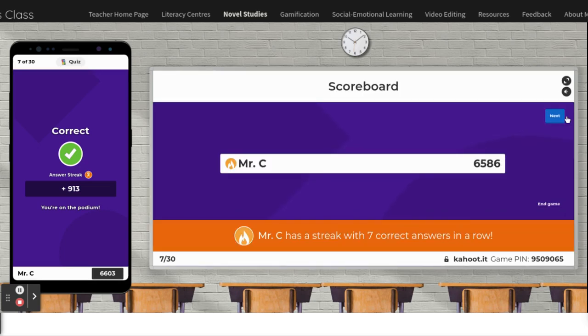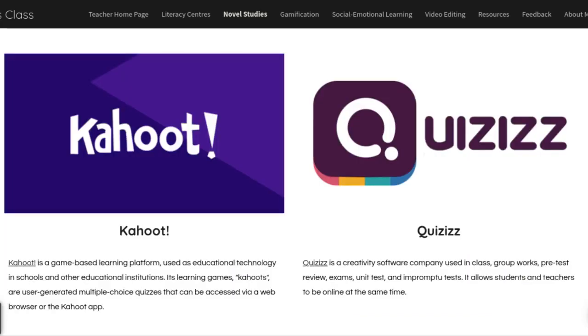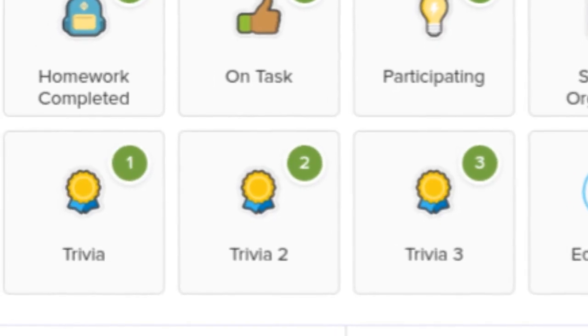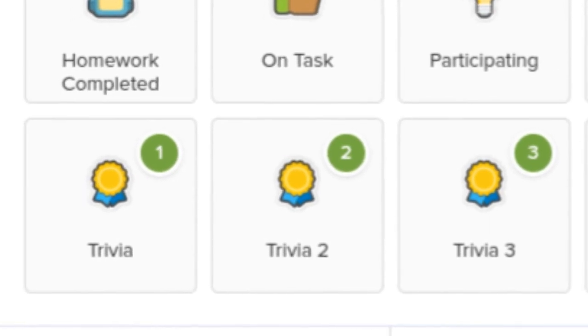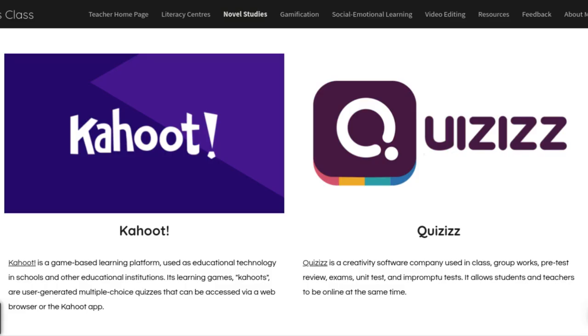You do have a leaderboard, and the goal is to try to answer as quickly as possible, but also answer correctly. And it's really fun to see their names climb the leaderboard. And at the end, I usually give dojo points, 3 points to whoever finished in first place, 2 for second place, and 1 for third place. So that is another way that you can use it, sort of as an informal assessment or a practice leading up to an assessment,